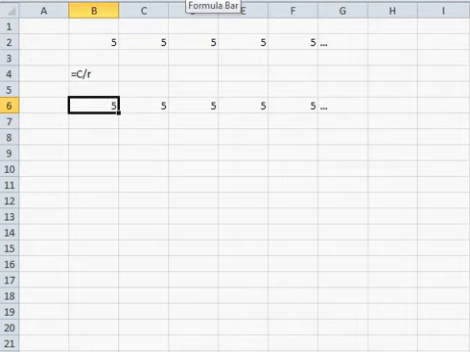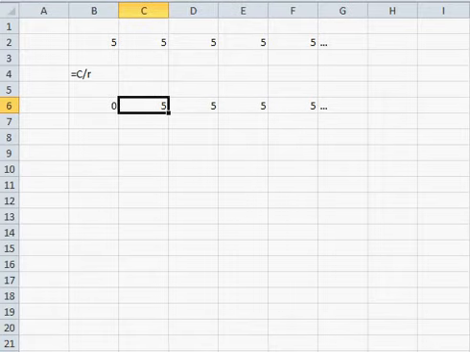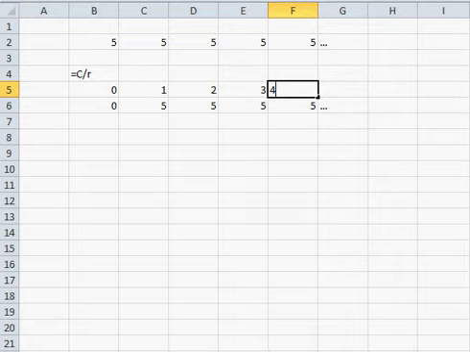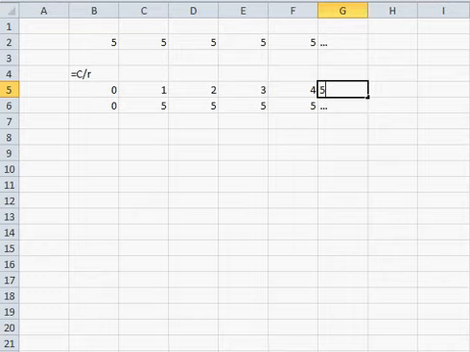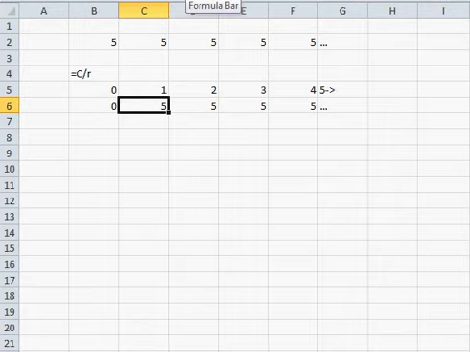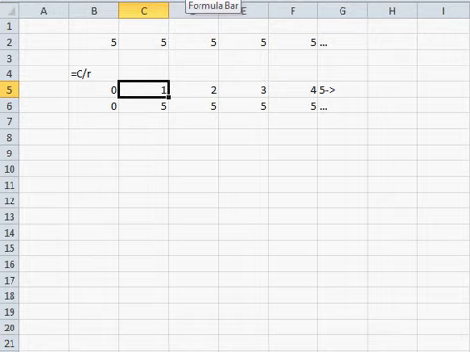But what if instead of 5, 5, 5, 5, 5, 5 forever, you get 0, 5, 5, 5, 5 forever? So we don't get anything in year 0, but then in year 1, and year 2, and year 3, and year 4, and so on, we do. Well, let's ask an easy question. So if I'm going to get 5, 5, 5, 5, 5, starting in